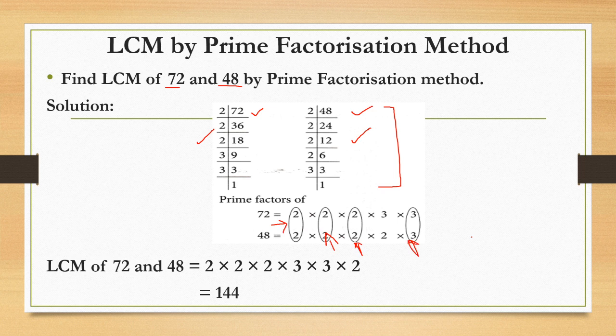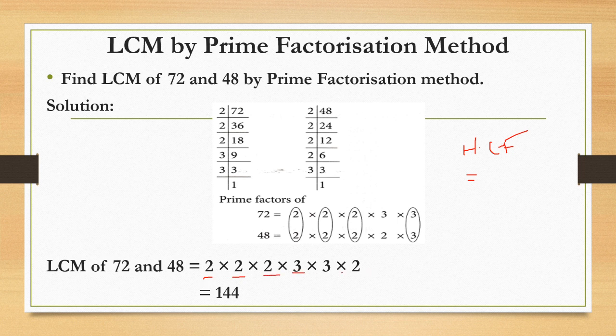Wait a second, I will erase all these. Now, how will you write HCF? I'm not talking about LCM; first, we will talk about HCF. How will you write the HCF of these numbers? The HCF of these numbers will be 2 multiply 2 multiply 2 multiply 3, which is 24. In HCF, we write only the common factors of the given numbers. But in LCM, we write the common factors, that is 2, 2, 2, and 3.